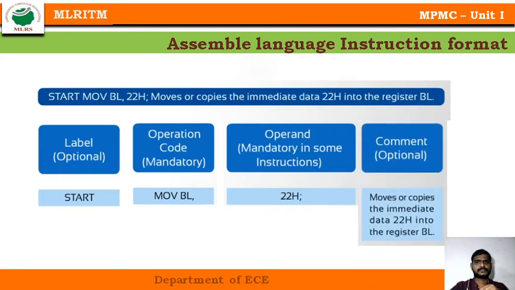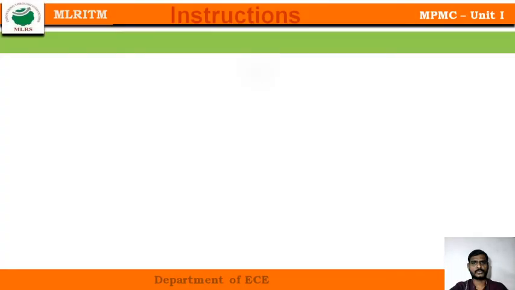And finally, the comment is again optional. The comment field tells what the user actually wants to do with that instruction, or what that instruction is about. If the user wants to write these types of comments, they can be written in the comment field. Again, this is optional. The processor won't do anything with this comment field. The processor won't consider it. That is for our convenience, to write what exactly that instruction is meant to do.